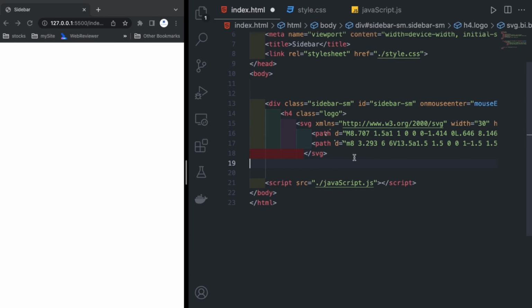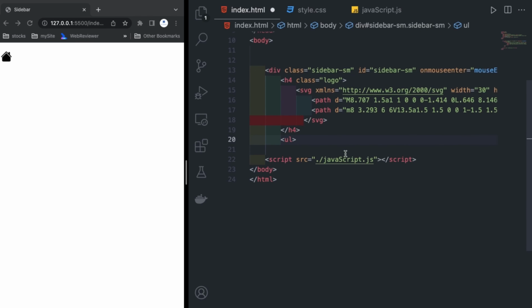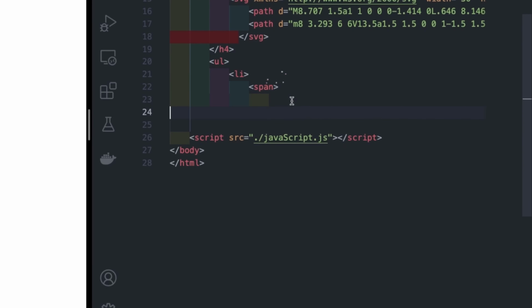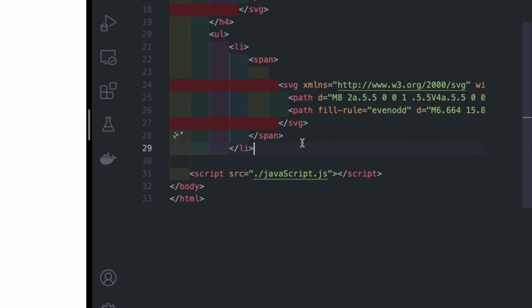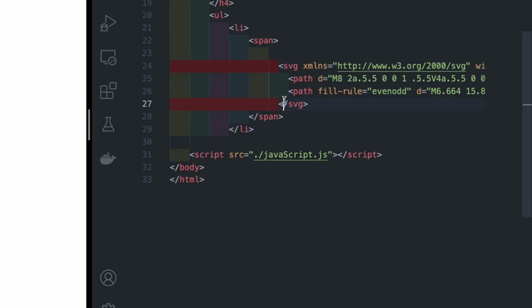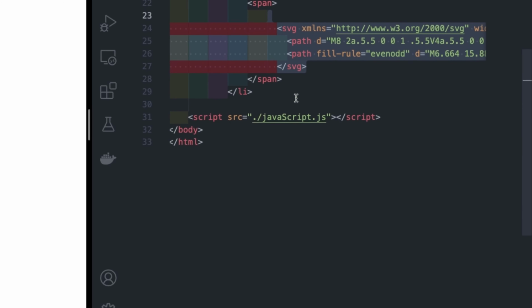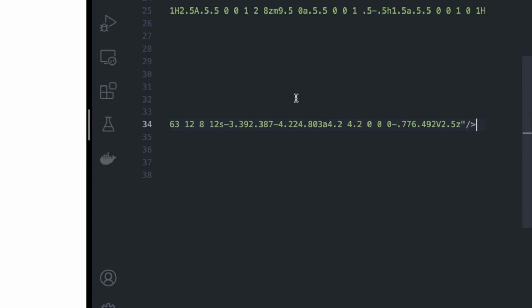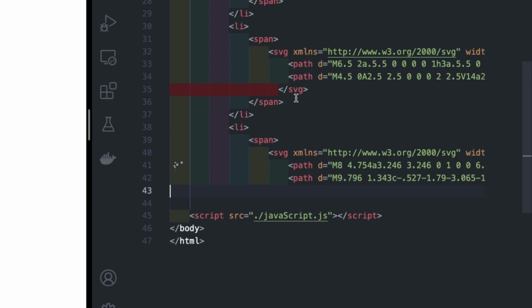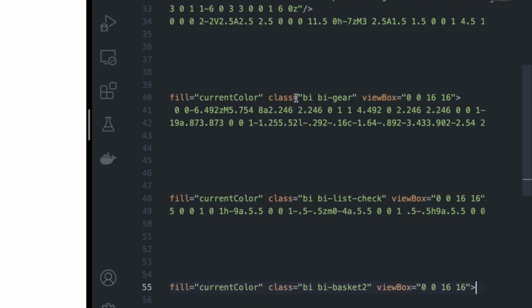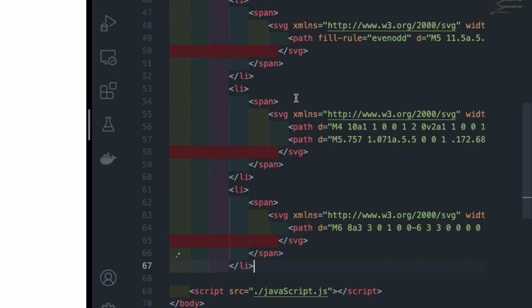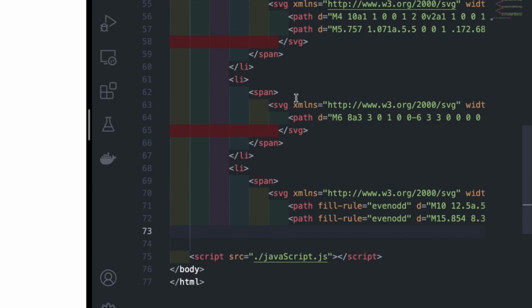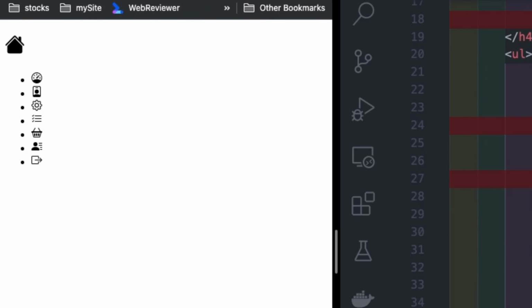After that I will close this H4, then we will use UL and LI. So after the H4 I am using UL, and inside that LI is there, and inside LI I am using span and again SVG. From Bootstrap, whatever icon you need, you just copy the SVG and paste it inside the span. In a similar way we will copy and paste as many tabs as you want in your sidebar. I need 7 or 8, so I am copying and pasting this LI. Nothing else is there, you only have to change the SVG. From Bootstrap you select whatever icon you need and paste it inside this span, LI span, and here you can see on the screen we have added them.